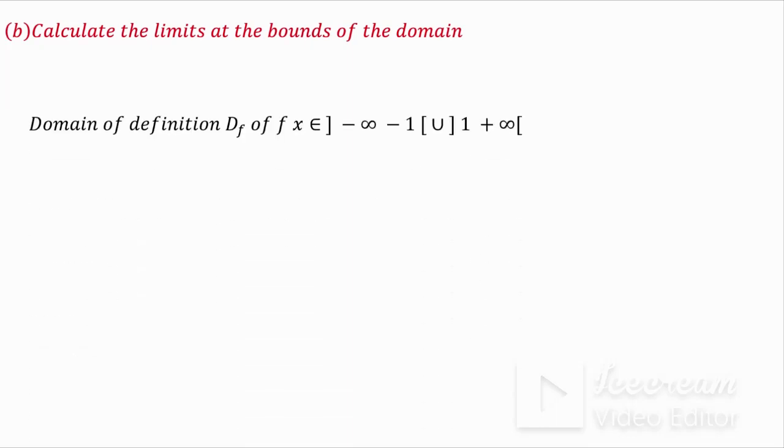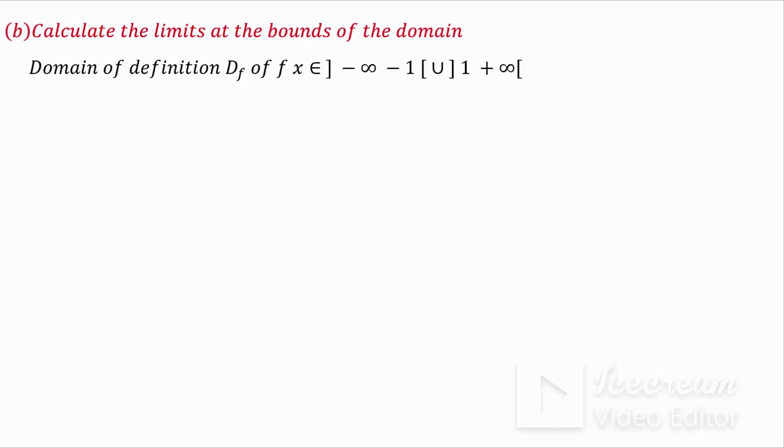Okay, let's move into the b part of the question. The b part asks us to calculate the limit at the bounds of the domain. We obtained the domain of definition D of the numerical function f to be -infinity, -1 union 1, infinity. So in this question we are simply going to calculate the limit at the bounds of